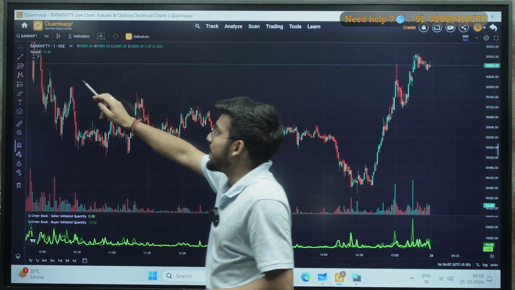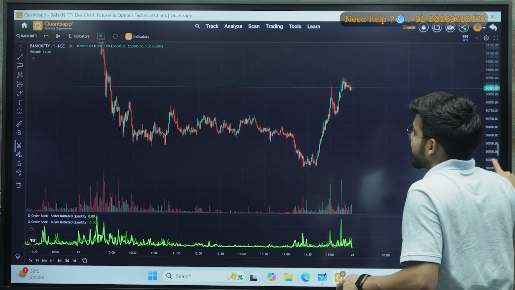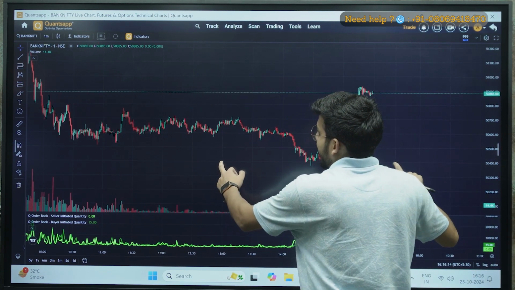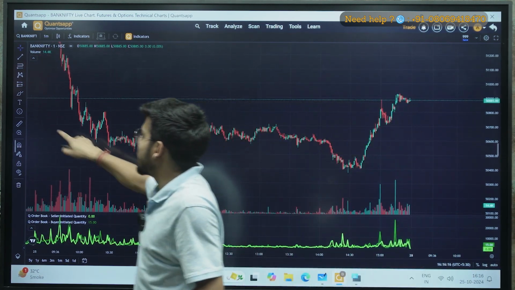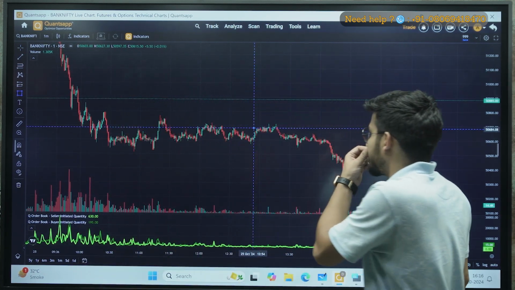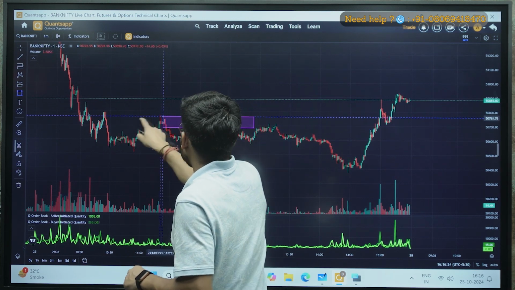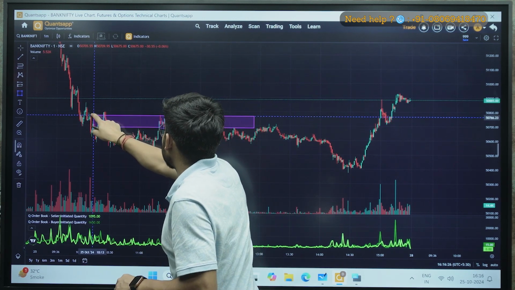Currently I'm analyzing Bank Nifty here, and in Bank Nifty let me mark some support and resistance, which you can see as important or key levels for me. So for that, I will form some support and resistance here, right? I can see this was the zone, okay, so I'll make a resistance zone here, so you can see